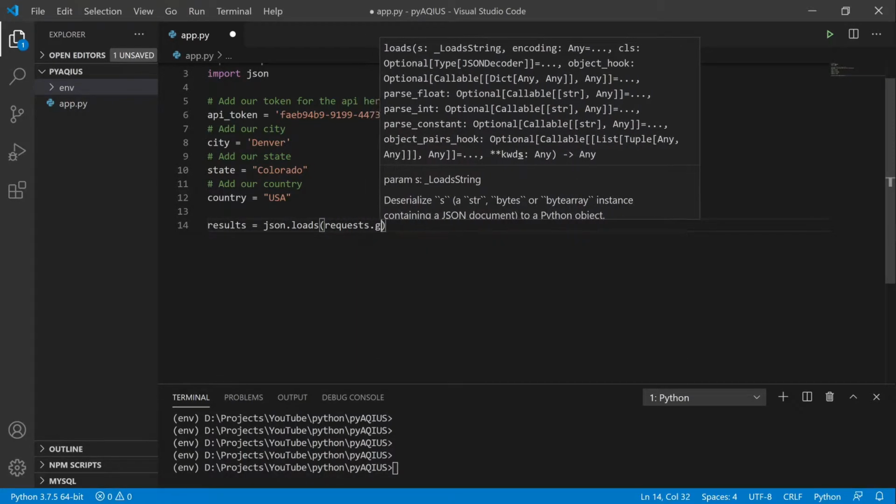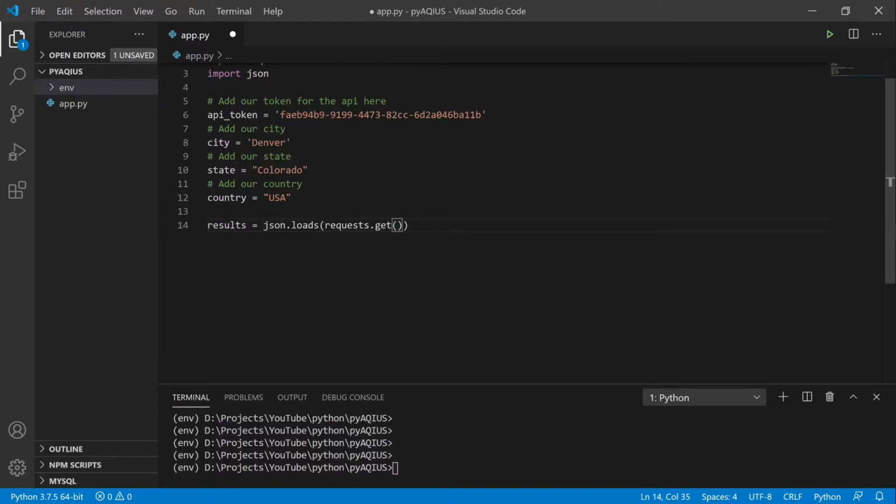So we're going to do requests.get to have a get call. There's get, post, and a handful of others if you ever want to go more into that. But for now, this is just going to be get. It's how the API works. Now we actually want to put in the information. So the URL for the API we're using is going to be http